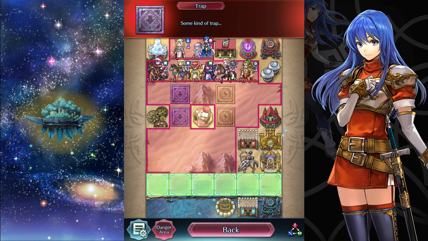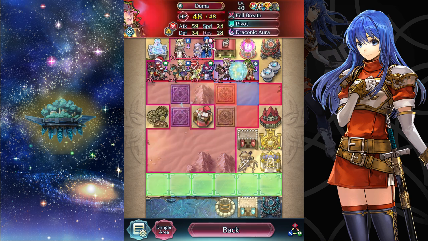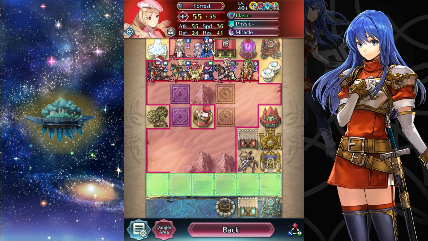So that goes out to here actually. So it's probably preferable to just let this trap go, because Forest, he's not exactly threatening. I mean, if you're a slow, resless unit, sure. But most well-built Aether Raids tanks should be able to handle one round of combat with Forest, I would imagine. So...